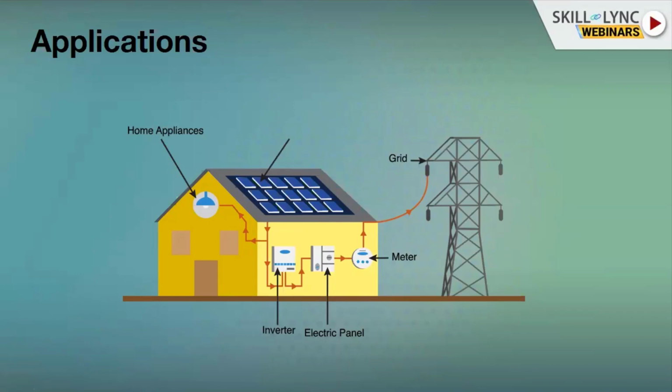So we bring in the power electronic device which is studied today, which is the inverter. The inverter converts this DC to AC, and through the electrical panel, that means with the protective circuits and with the metering arrangement, we feed back to the grid whichever extra power is available beyond the residential load. That is being fed back to the grid utility.